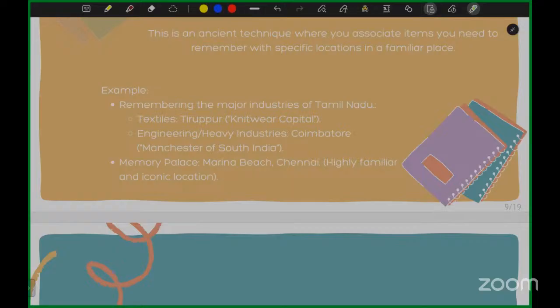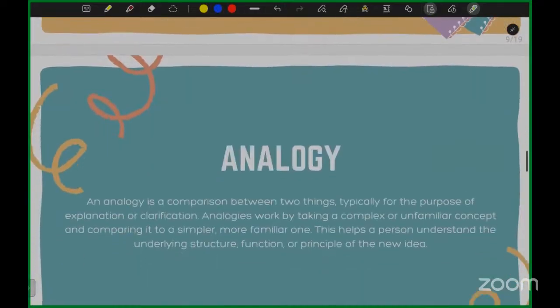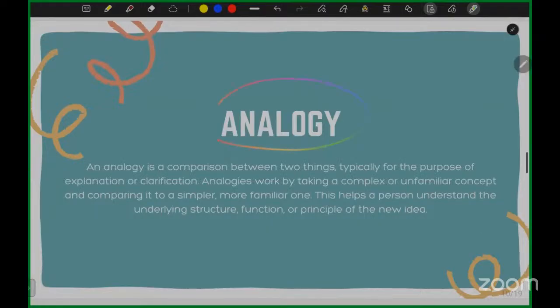Next, coming to the next part, which is called analogy. What is analogy? It's a very simple part. With mnemonics, you need to frame something newly so that the student can remember it. Analogy is nothing but a comparison tool. It's just a comparison. You are teaching a concept to the student.